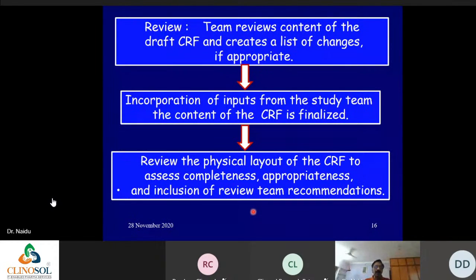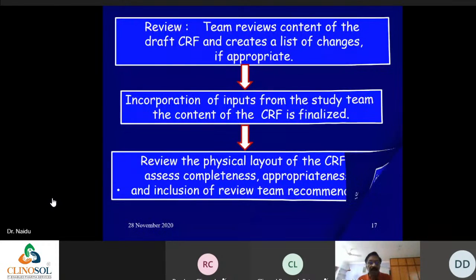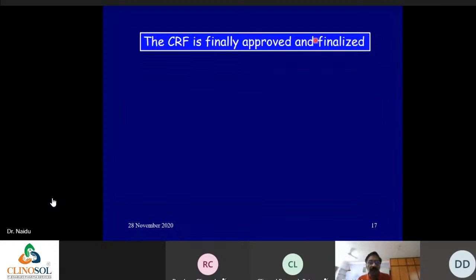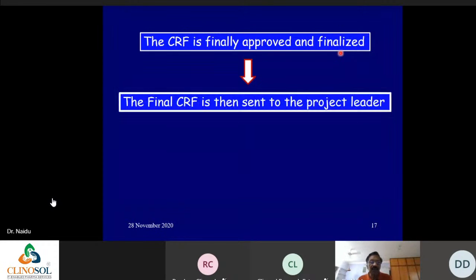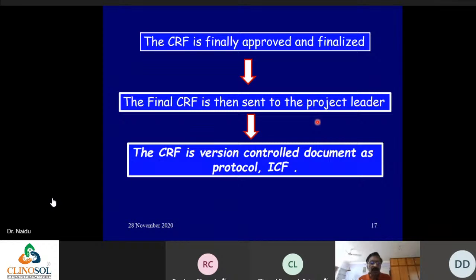There is no change and everybody signs and dates. Only then does it go further for the case record form to be approved, finalized and dated by all the people who are involved. And then it is finalized by the project leader. Ultimately, the project leader gives the final approval of the case record form, and then the case record form is